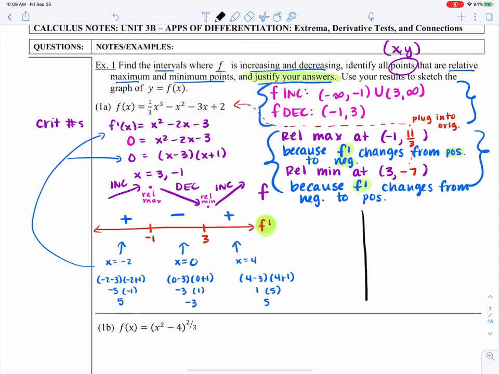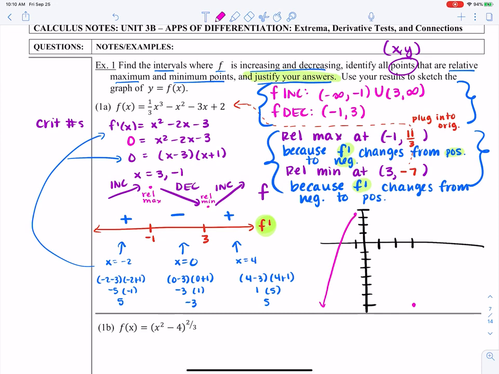So the last piece of this is to make a quick sketch of our functions. So we're going to do that. I've got negative 1, 1, 2, 3. We're going to need to go all the way down to negative 1, 2, 3, 4, 5, 6, 7. And 11/3 will be just shy of 4. And so using the pieces we've got, negative 1 and 11/3, and 3 and negative 7,